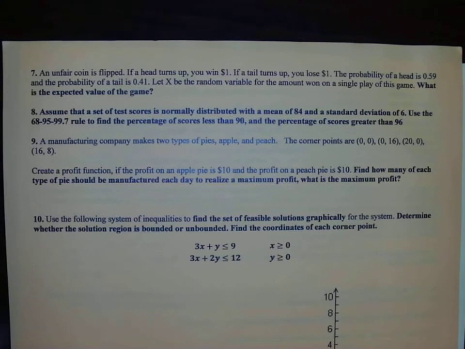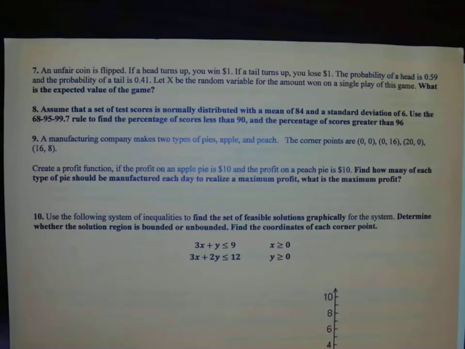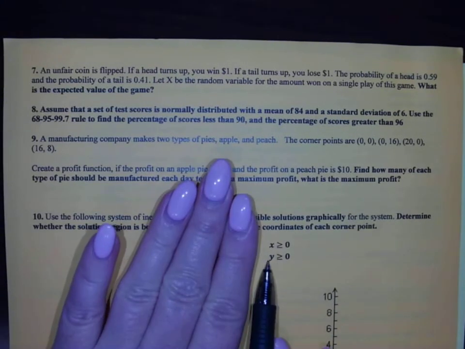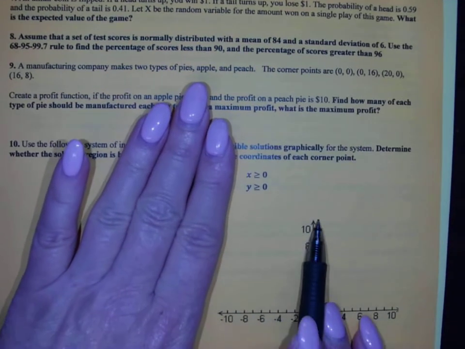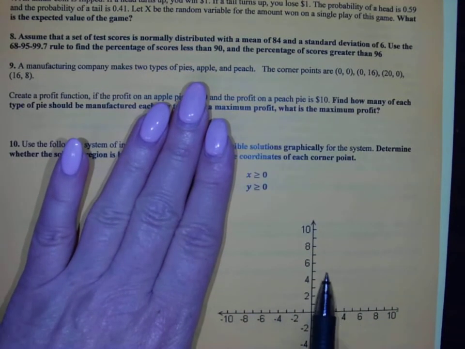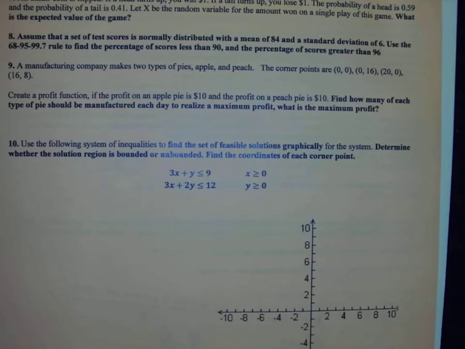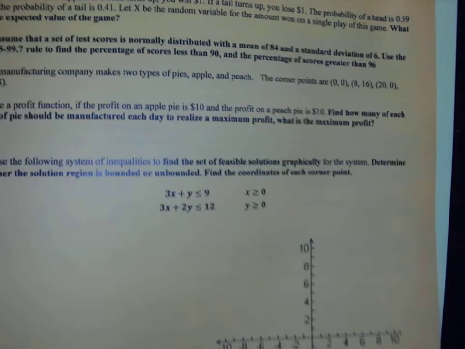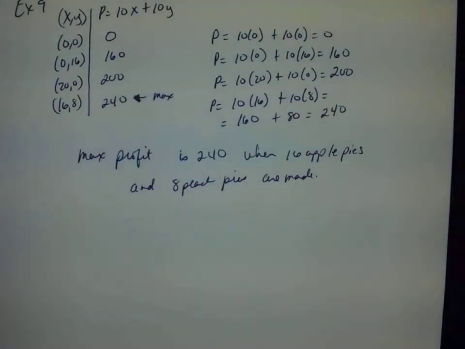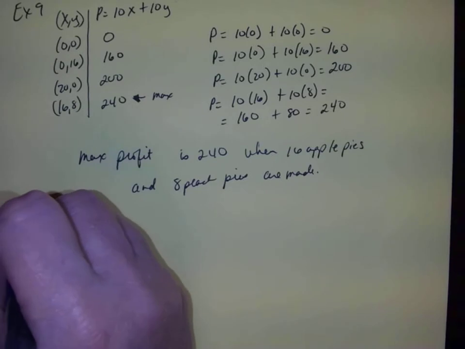And first of all, we've got to figure out how we're going to graph these lines. Now, if you recall, x greater than 0 and y greater than 0 just means that we're going to be in quadrant 1. We don't do a lot of work for those, but we are going to do some work for the other two equations. All right, so for example 10,